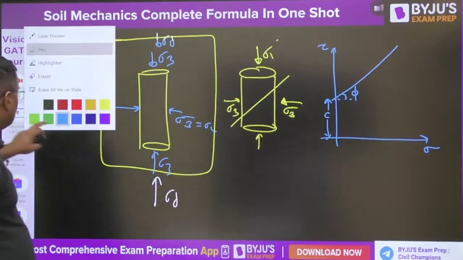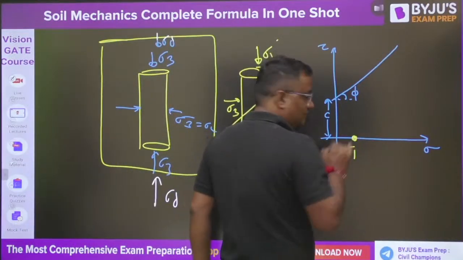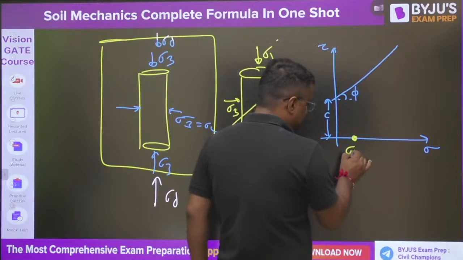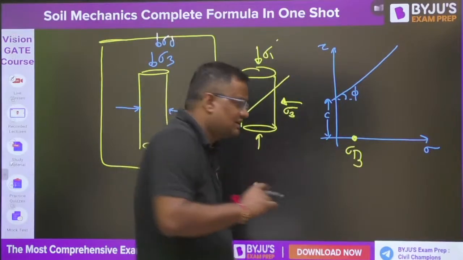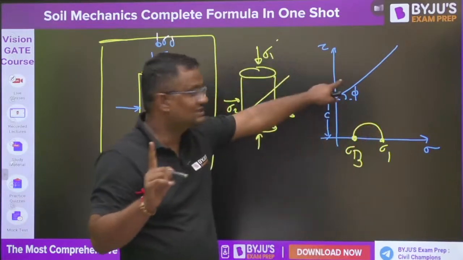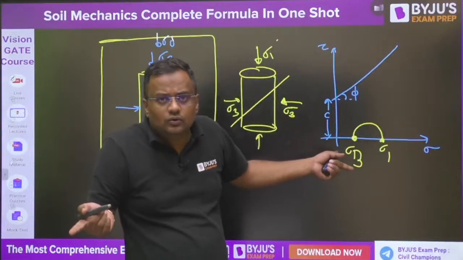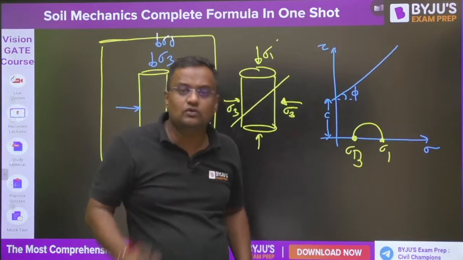Now, guys, the two principal stresses are sigma 1 and sigma 3. This is sigma 3, and I apply a little deviatoric stress, a very small deviatoric stress. So it will be sigma 1. So the yellow one is stress and that is strength. So no failure. If I apply a little sigma d, little sigma d, no failure.